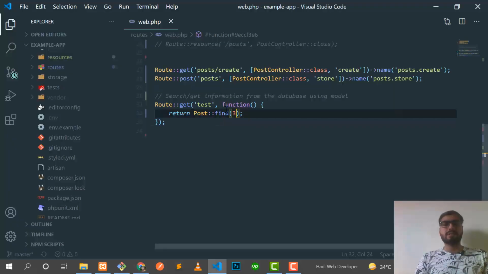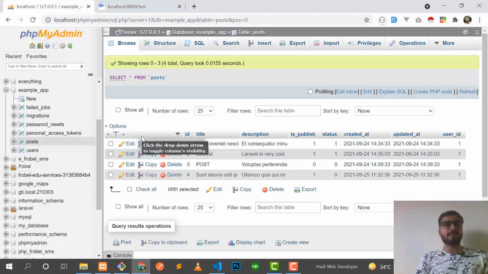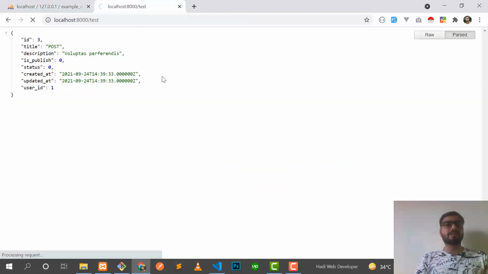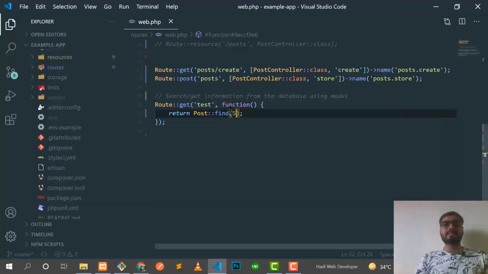And let's go here. How can I throw an error, like if the post is not found? For example, I type 5 and 5 does not exist in this post table. So let's give it a refresh, and it's not throwing an error. So let's catch this error if the id is not found.